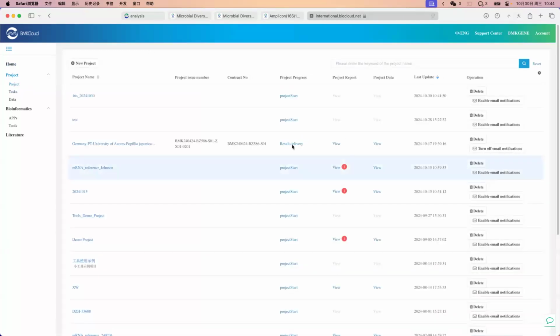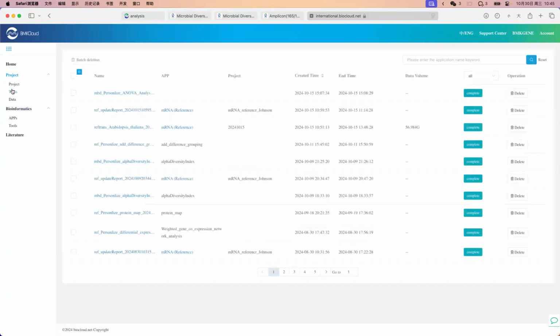I have many projects here, so this will take a little bit long. This page will list all your analysis projects here. Of these projects, we have today's data, which is the project we just submitted, and the label here, project tasks. Click here, and you can see all the running pipelines listed here. This part has the label, meaning